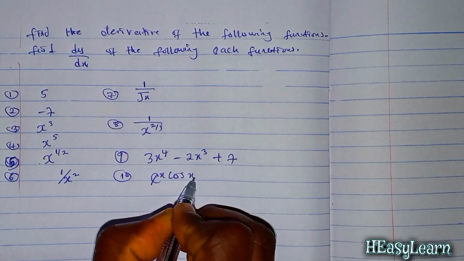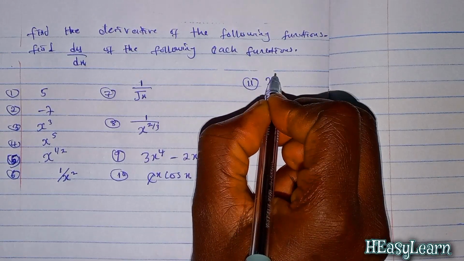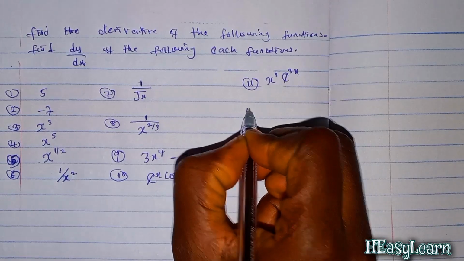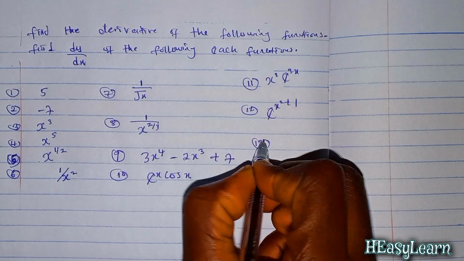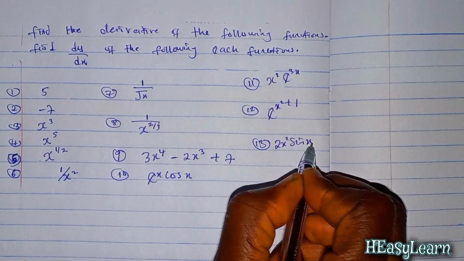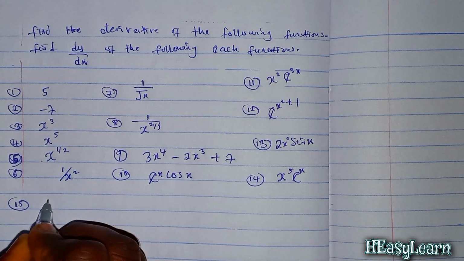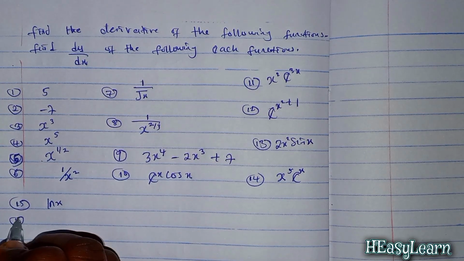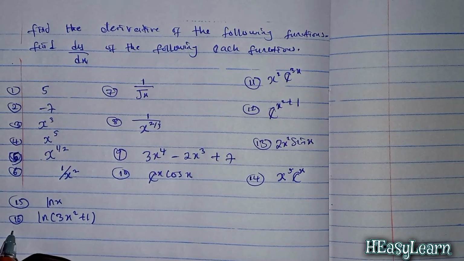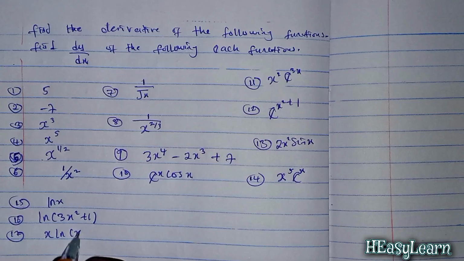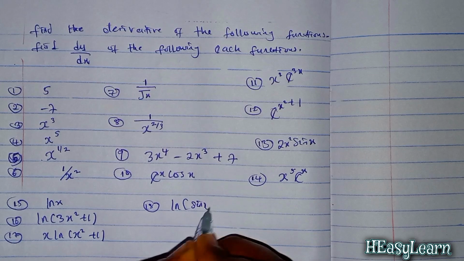Exponential x cos x, x squared exponential 3x, exponential x squared plus 1, 2x squared sine x, x to the power of 5 exponential x, ln x, ln 3x squared plus x ln x squared plus 1, ln sine x,